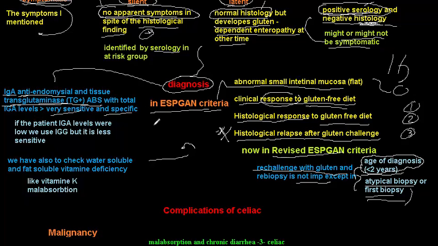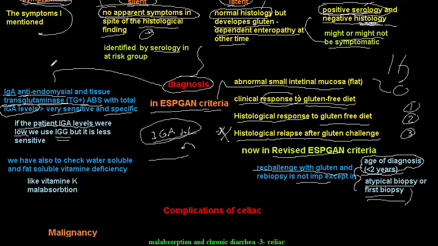very sensitive and specific. Okay, but you have to check IgA levels, because in the patient that have IgA deficiency and you find no transglutaminase antibodies or TTG, it is not specific. Okay, the test is not specific anymore because you have no IgA antibodies. IgA antibodies are the antibodies that mainly attack when you have celiac disease. So in this case, if the patient has IgA levels that are low, okay, you use IgG